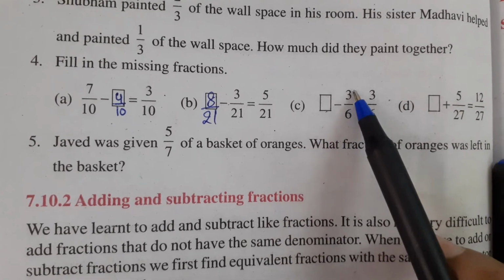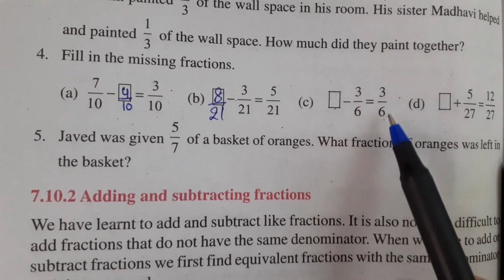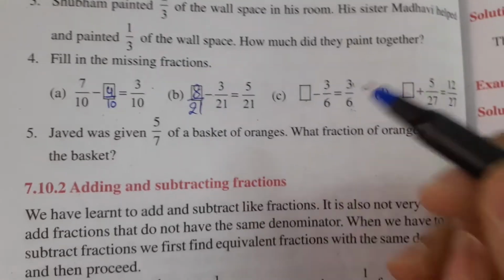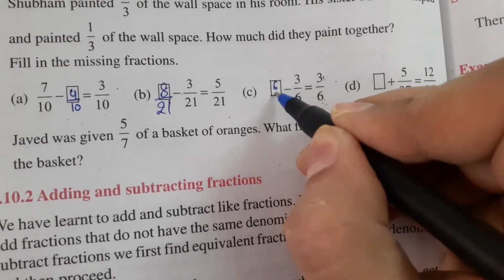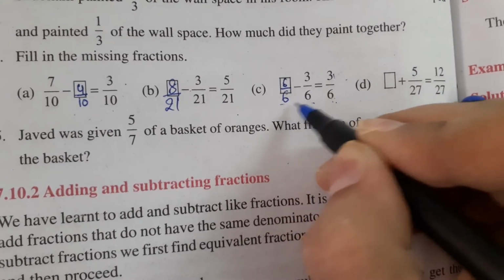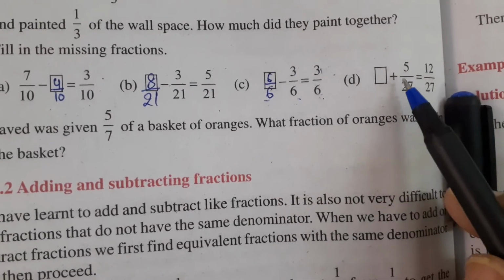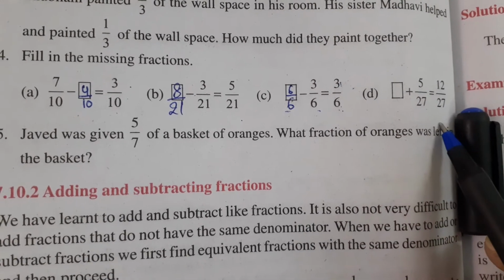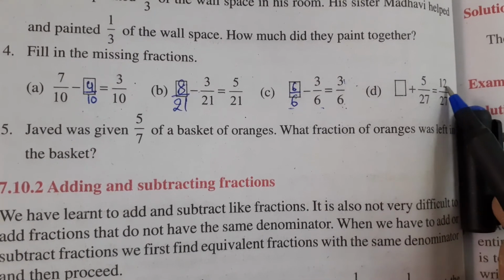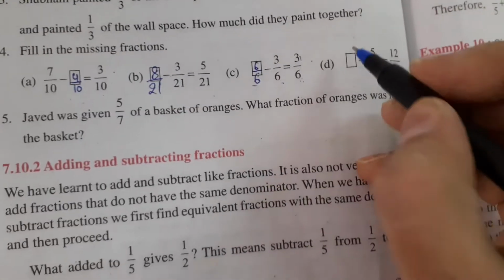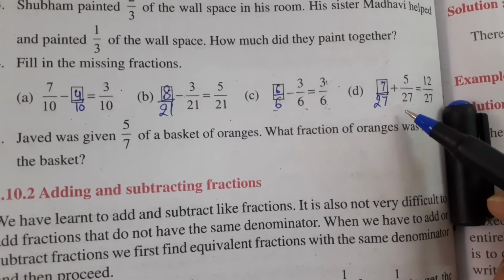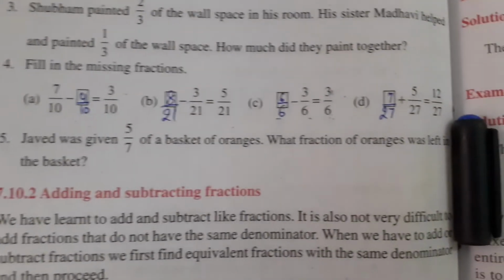इसमें से अगर 3 by 6 सब्ट्रैक्ट किया जाए तो आपको 3 by 6 मिल जाए, यानी आपको न्यूमरेटर चाहिए 3. किस में से 3 सब्ट्रैक्ट करें? 6 में से. और डिनोमिनेटर में क्या आएगा बेटा? 6, because fractions are like. Now what is to be added to 5 by 27 to make it 12 by 27? 5 में कितना ऐड करेंगे कि 12 बनेगा? 7. So 7 by 27 to be added to 5 by 27 to get 12 by 27.